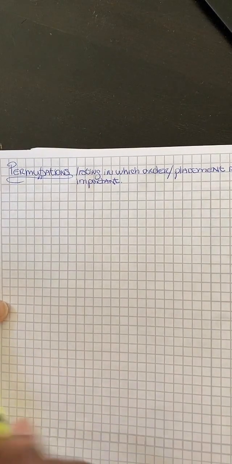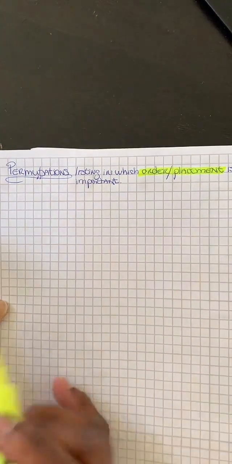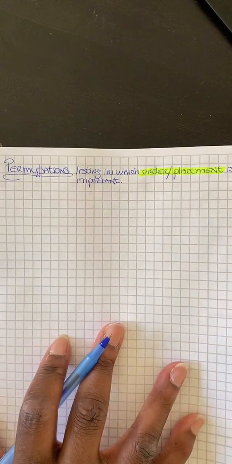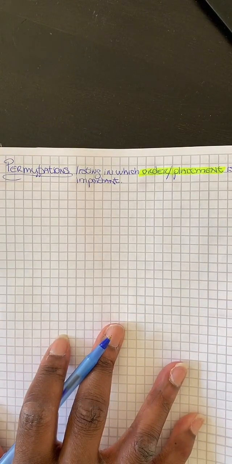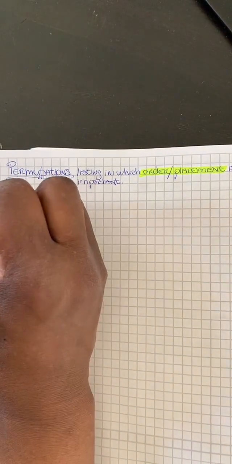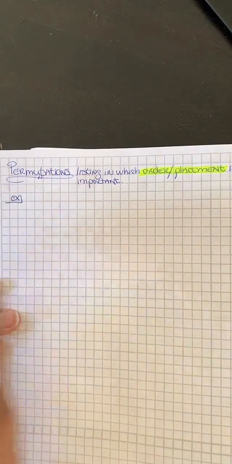The key thing is order and placement. Okay, we have to have a certain order. So in order for us to have a certain order or placement, let's say for my first example, we can talk about